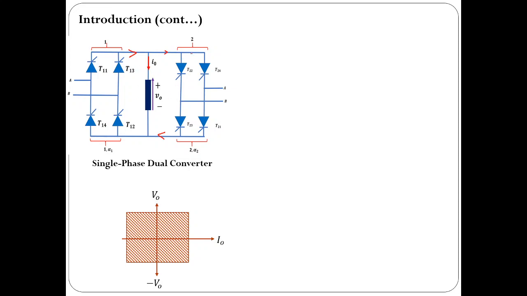Similarly, when converter 2 is operating alone, it would inject current into the load in the opposite direction, where voltages can be positive or negative. After all, these two converters are full converters. So by controlling firing angles in an appropriate way, one can control the voltage across this load from negative to positive also. By converter 1, you can have operation in the first and fourth quadrant, and using converter 2, you can have operation in the second and third quadrant. So this way, the single phase dual converter can be used to obtain 4 quadrant operation.